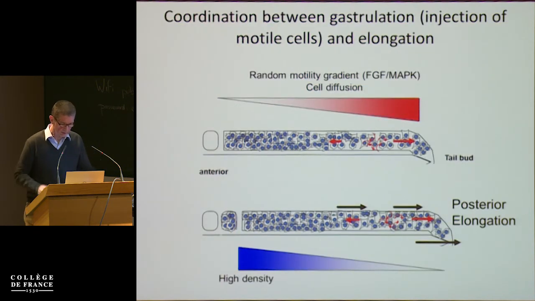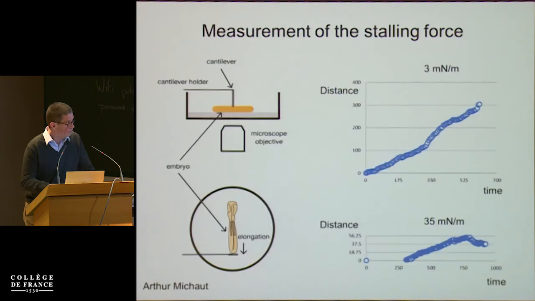And so this is a bit of work in progress. So I'll come back in the very end to this force measurement. But now I just want to switch gears a bit and tell you about another aspect of this story, which is that what I've told you so far explains elongation of the presomitic mesoderm and possibly of the embryo on a short time scale, but if you want to sustain the entire elongation of the embryonic axis, what you need to do